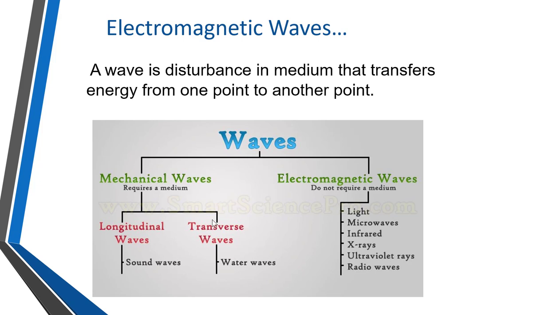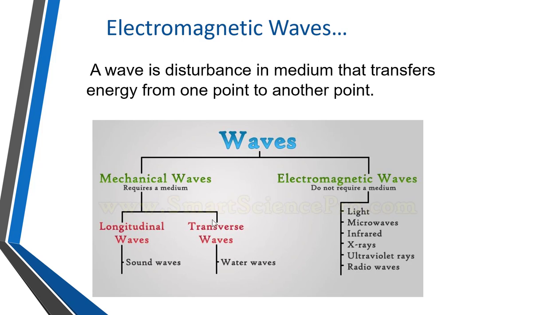So, waves are generally classified into two major categories. First is mechanical waves, and the second is electromagnetic waves. Mechanical waves means sound waves or water waves. These are a type of mechanical waves. These are made by mechanical vibrations. We know that whenever some sound is generated by mechanical vibration of a diaphragm, that wave travels, and when it reaches our ear, we can hear the sound. So it is called a mechanical wave.